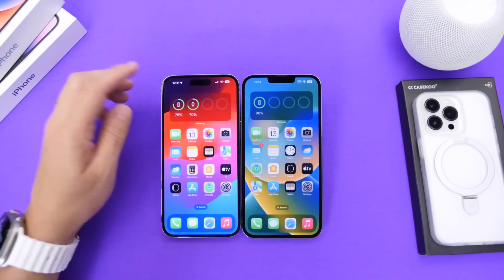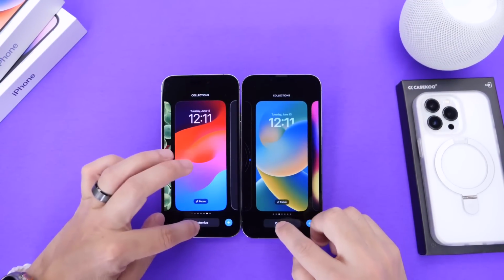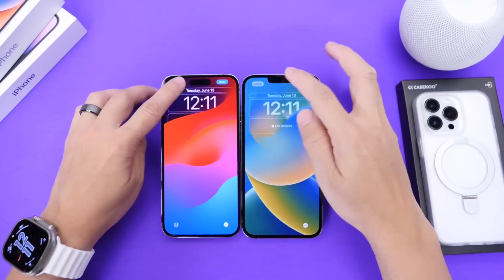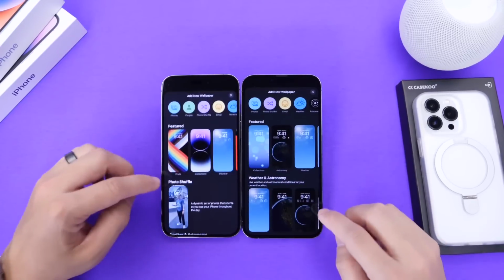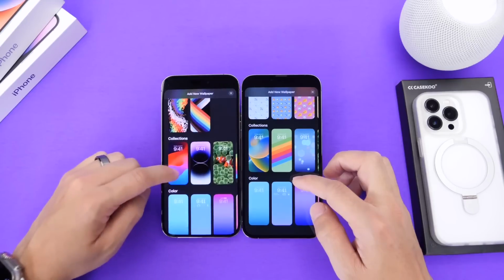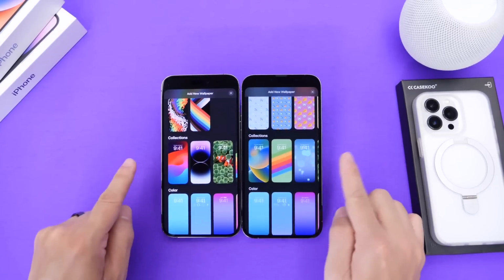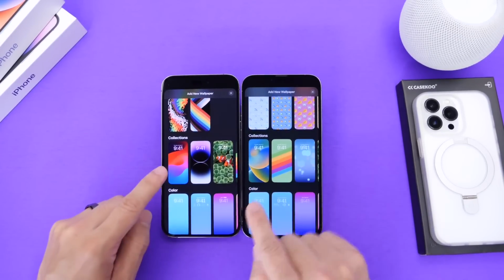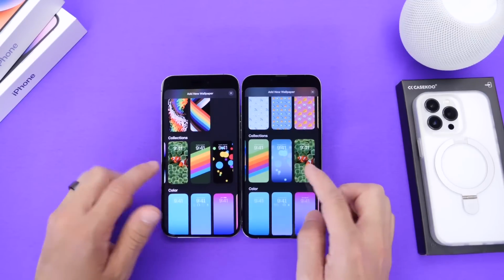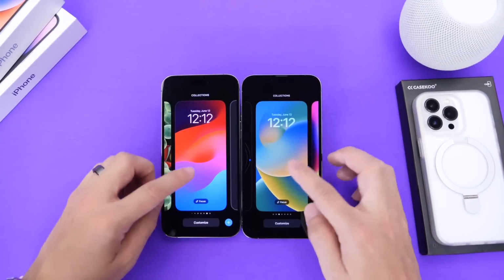So for starters, on the lock screen, if we go into customizing the wallpapers, Apple usually just removes the old wallpapers, which is kind of weird to me to see. So if we go into adding a new wallpaper here and we go to the collections category, there it is, the collections on iOS 17 and collections on iOS 16. You see that the wallpaper has been replaced with the iOS 17 wallpaper, and the iOS 16 wallpaper is no longer here. So Apple completely killed off the iOS 16 wallpaper with iOS 17, which in my opinion